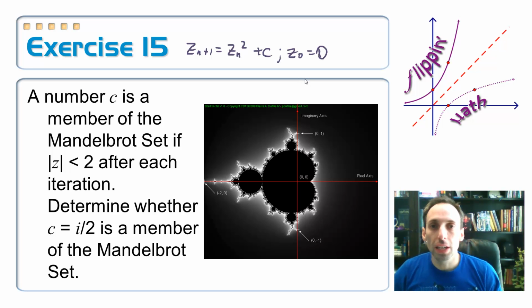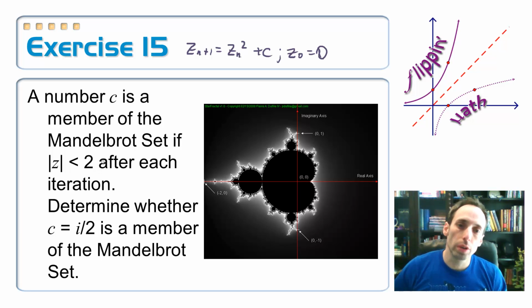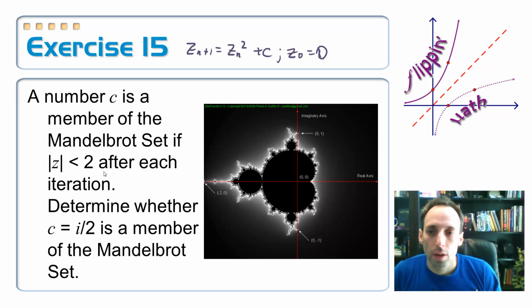And you just keep iterating that. Answer goes back into the equation. Okay, so this number c is part of the Mandelbrot set if the absolute value of the imaginary number is less than 2 after every single iteration. If it ever gets bigger than 2, then it's going to explode, it's going to go to infinity. Okay, so we're going to determine whether the number c equals i over 2 is a member of the Mandelbrot